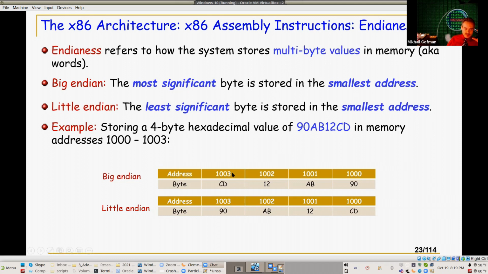One is called the big endian, and the other one is called the little endian. Now, where those terms come from is kind of interesting. They come from literature. There is a very famous book called Gulliver's Travels, which talks about the travels of a man named Gulliver to different